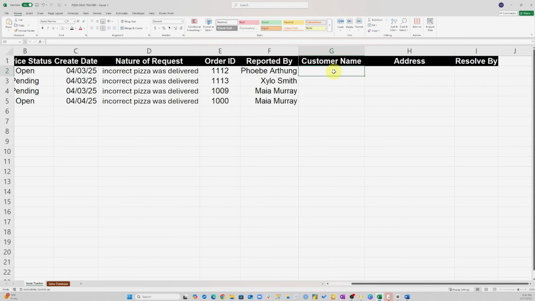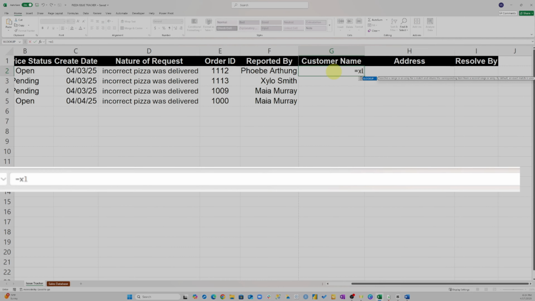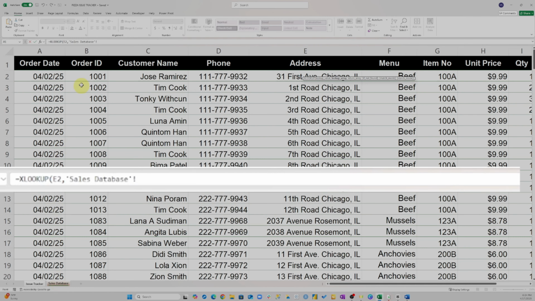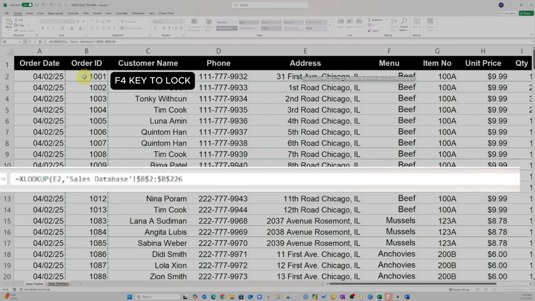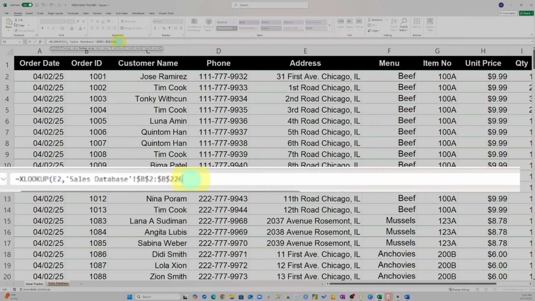So I'll click equals on cell G2, select XLOOKUP. Now my lookup value is the order ID, comma. Where am I looking up the order ID? I'm looking it up in column B for order ID in the sales database. So I click on the first cell, hold Ctrl Shift down to capture the entire column, press F4 to lock it. After that,